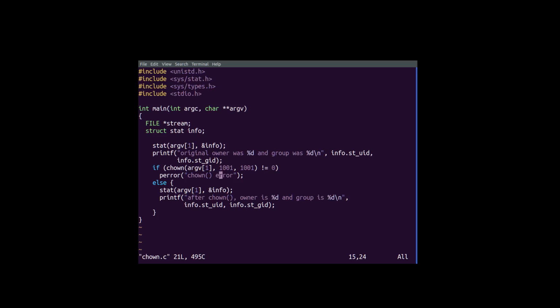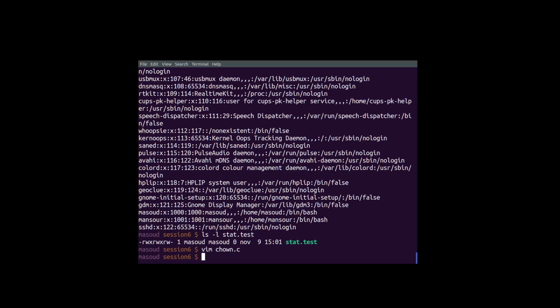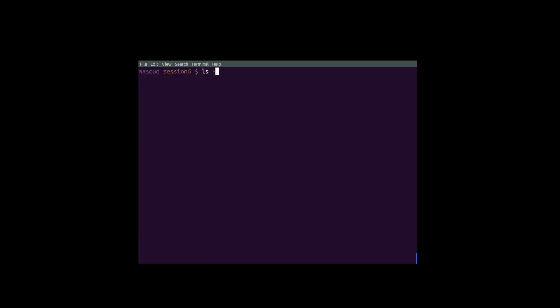Yeah. So as you can see, I'm just giving it to 1001, that is the other one, and finally I'm printing out the stat again to inquire what happens after applying the change owner. Okay, is that clear? But again, in order to be clear,